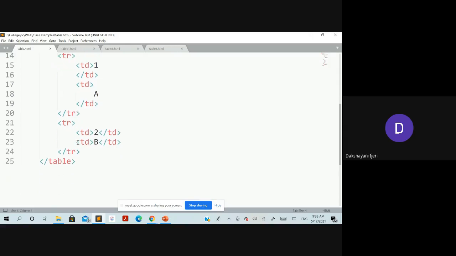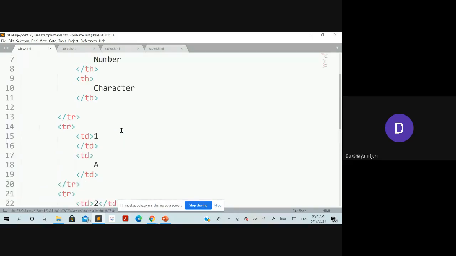To make one more row, take one more TR, add the values with the respective TDs, and close that TR, right? Earlier we saw there were 2 rows. If you want to include one more row, take one more TR, take the TDs here to add the content, and close that respective row over there.